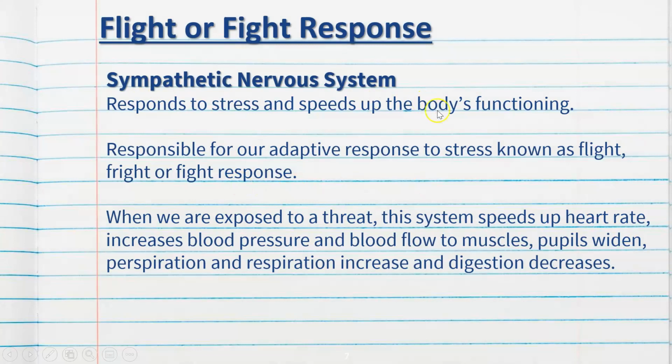So our sympathetic nervous system responds to stress and speeds up the body's functioning. It's this division of our ANS that activates our flight or fight response. It's responsible for our adaptive response to stress, known as, again, flight, fright, or fight. So when we're exposed to a threat, this system speeds up heart rate, increases blood pressure and blood flow to